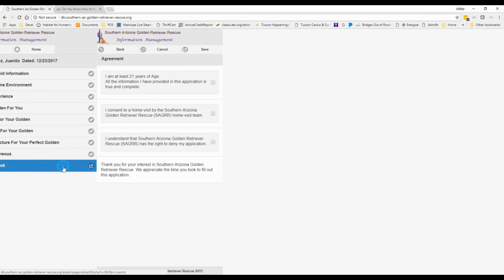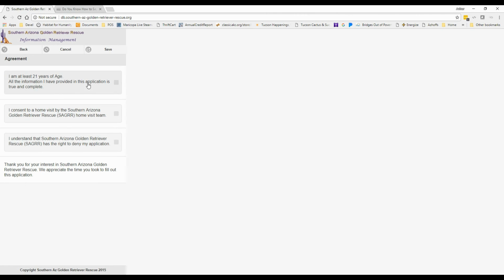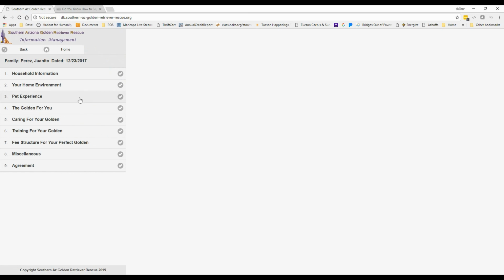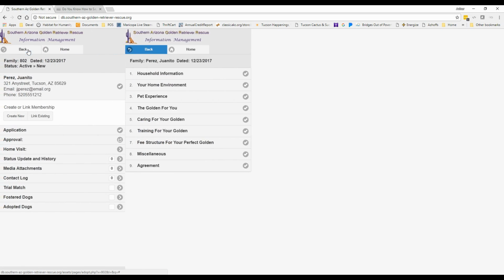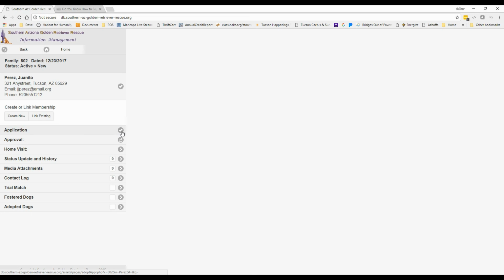That's now complete. And agreement, 21 years, consent to a home visit, and that they have the right to deny their application. And now all of the application information has been entered. When we go back you'll see the check mark next to the application saying that it is all ready. So that is how you add an applicant